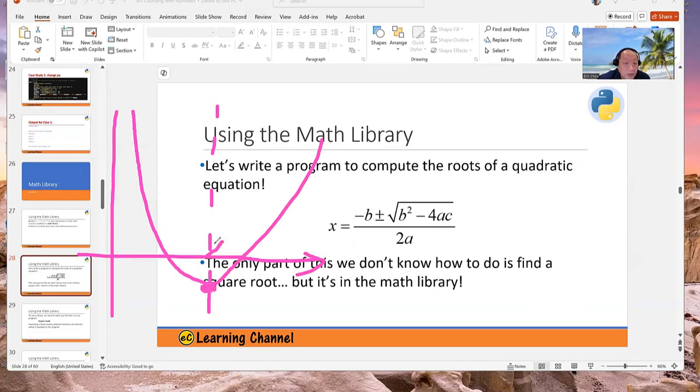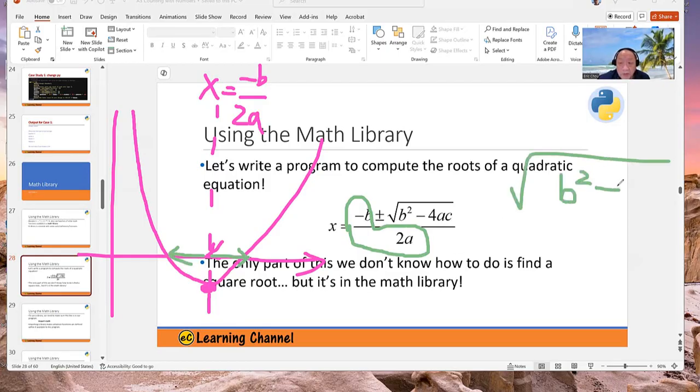So write this point, x equals minus b over 2a. That would be this part. This part is the line of symmetry, and then you plus minus this. So this portion, the square root of b squared minus 4ac, divided by 2a,